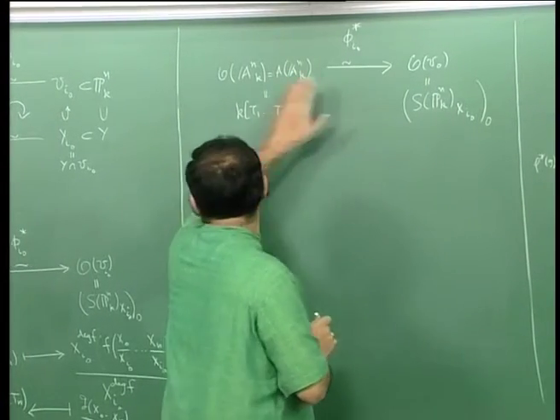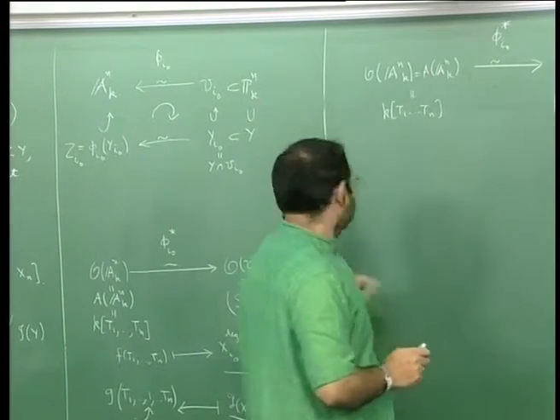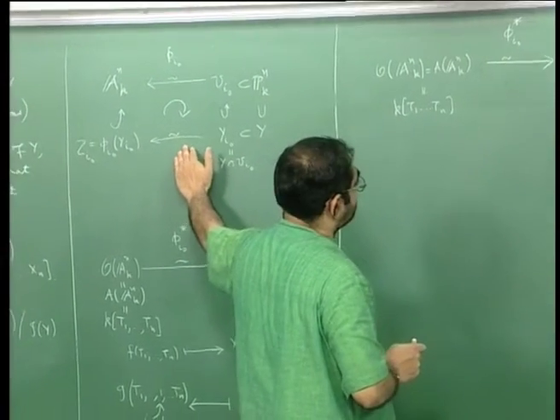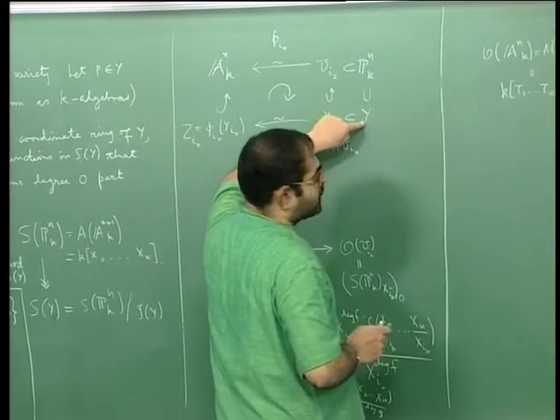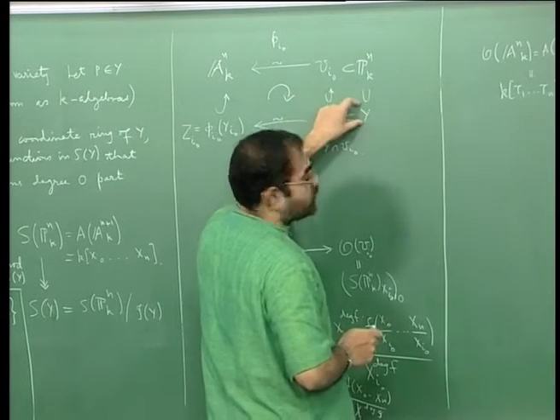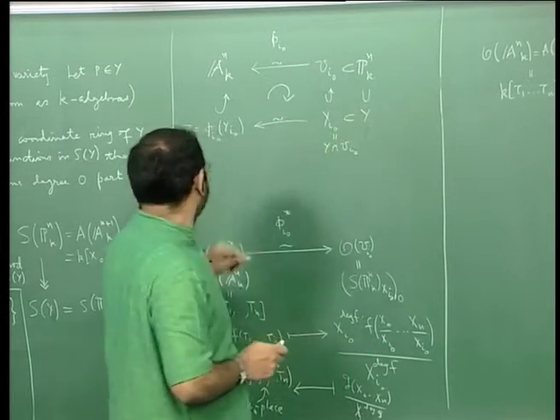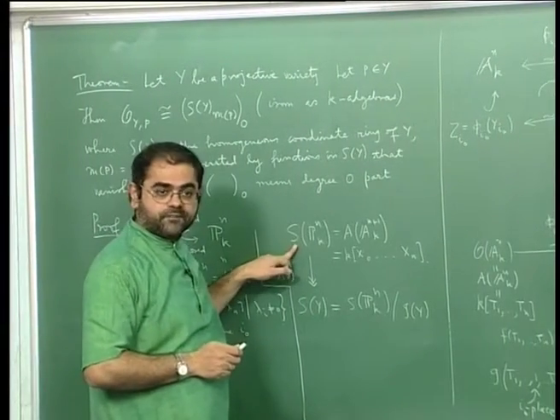So this is just a translation of this arrow into commutative algebra. Now we are going to do this. So you see when you go to an irreducible closed subset, the homogeneous coordinate ring is given by a quotient, because S of Y is a quotient of S of Pn, okay, and